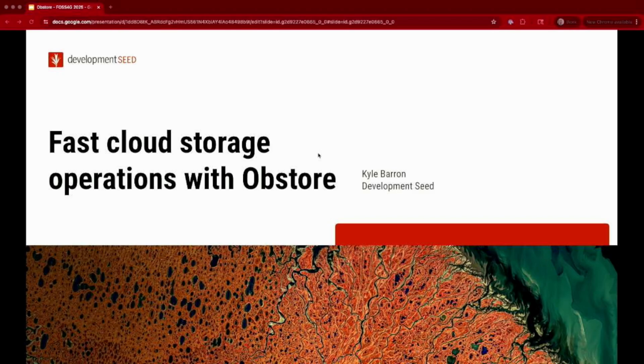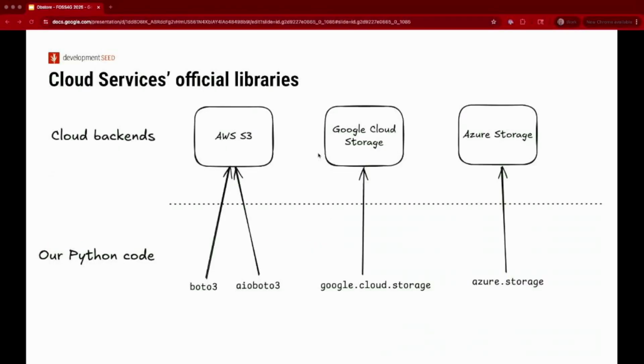I will be talking today about cloud storage operations with Obstore, a recently new library that I wrote for Python. Historically in Python, if you wanted to work agnostically with AWS S3, Google Cloud Storage, Azure Storage, you would have to have your own abstraction layers if you wanted to work with the vendor-supplied APIs. So Boto 3 provided by S3, Google Cloud Storage, each of those. If you wanted to have something that you could potentially move from cloud to cloud, you'd have to make some